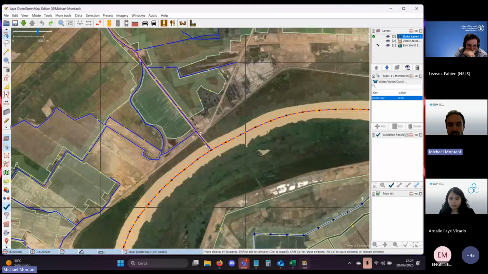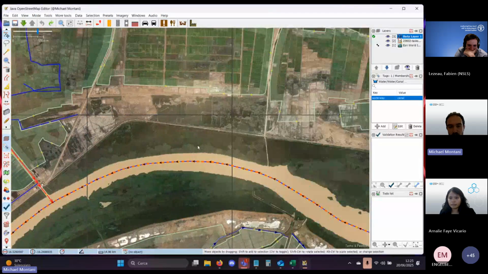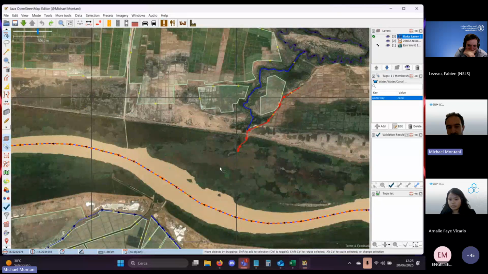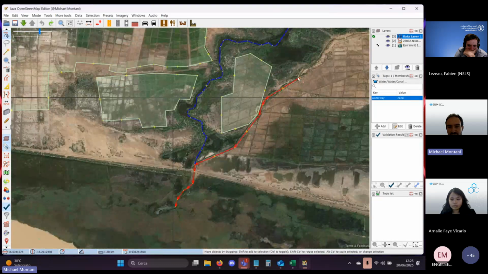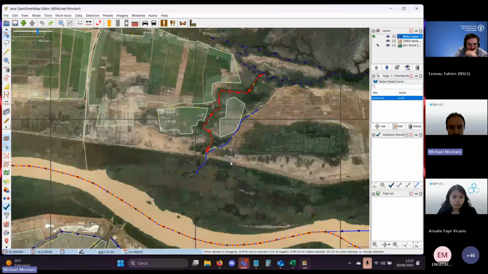When we map waterways, the most important thing is the direction in which we trace the waterway, because the direction is also supposing the flow of the water. So if we see here this line with the arrows that are going this way, it means that it has been traced from this point up to this point, and so we mean that the water is flowing in this direction.